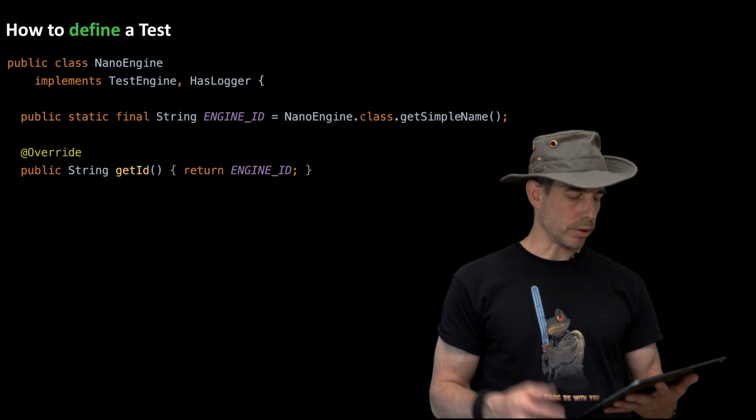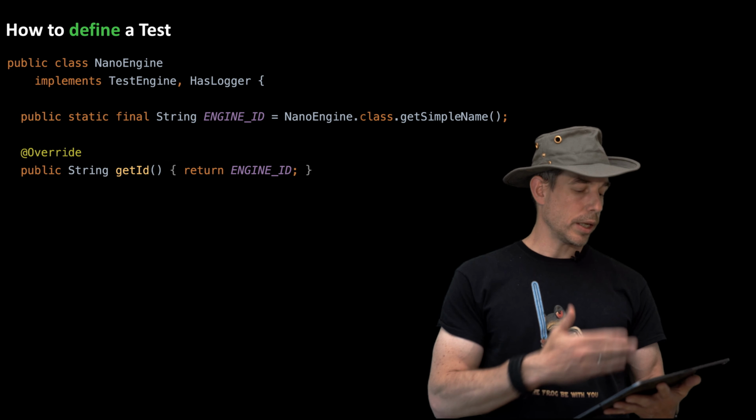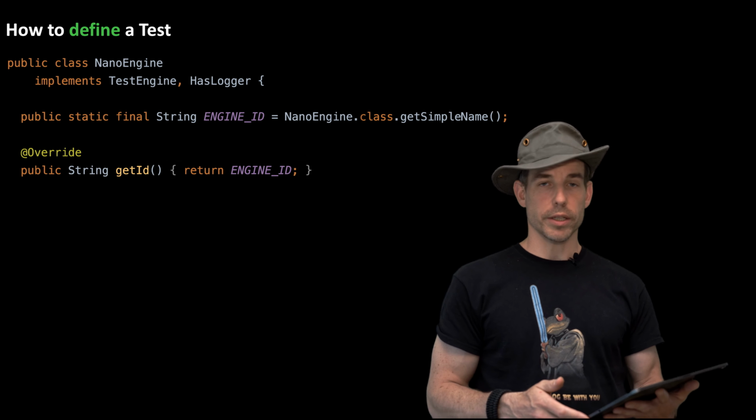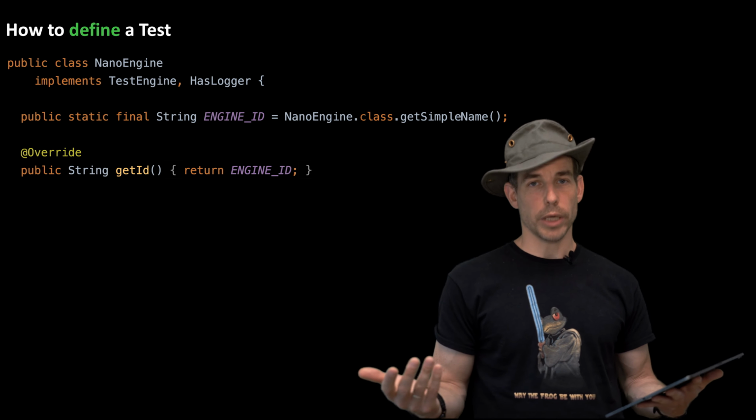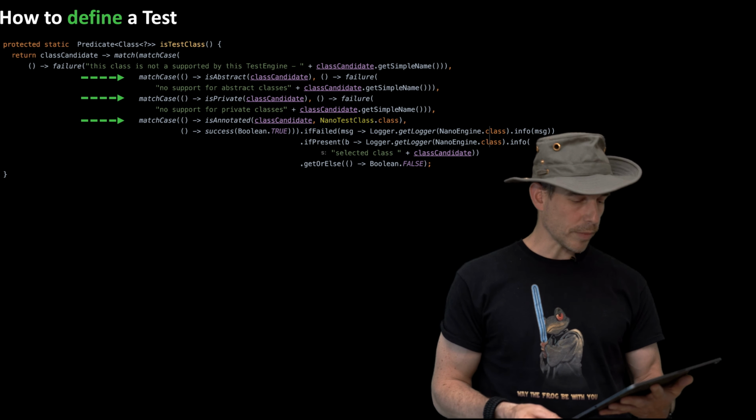Writing your own test engine or customizing this one. So I'm creating now my nano engine. It's implementing the test engine, and the ID is just a string. Here I'm lazy, I'm just using the simple name of the class. The next one,